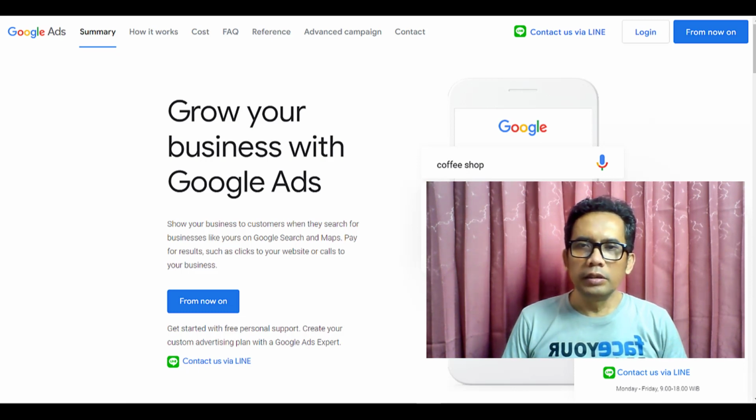You will learn about the various types of ads you can create, including search ads and display ads, as well as how to target your ads to reach the right audience. We also cover important concepts like bidding and budgeting, and show you how to track and analyze your performance to make data-driven decisions.